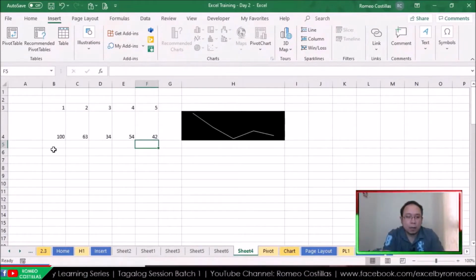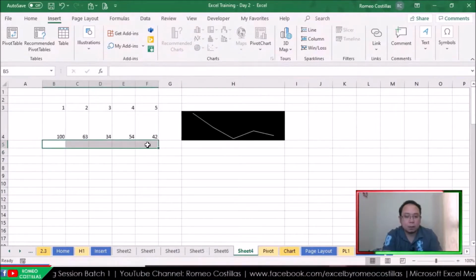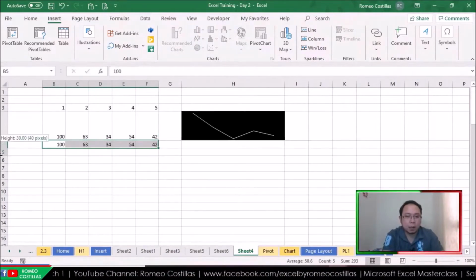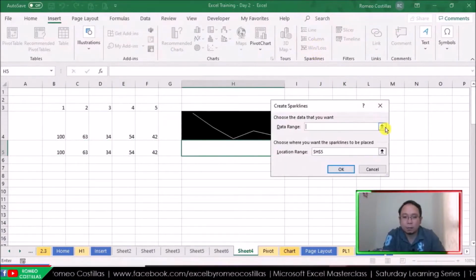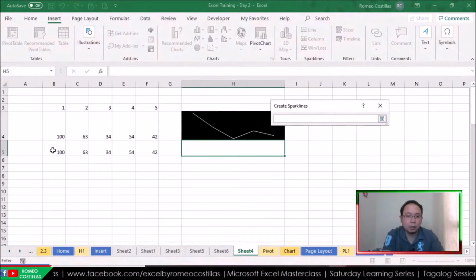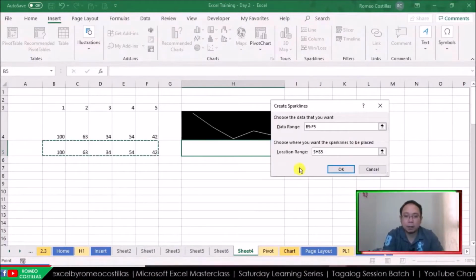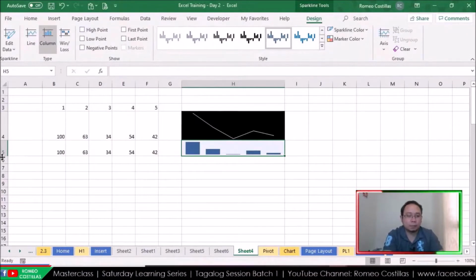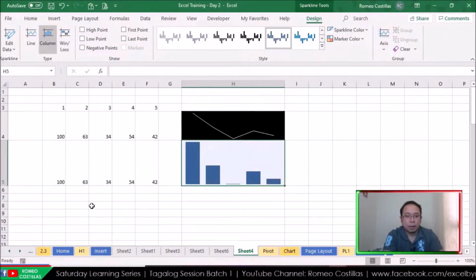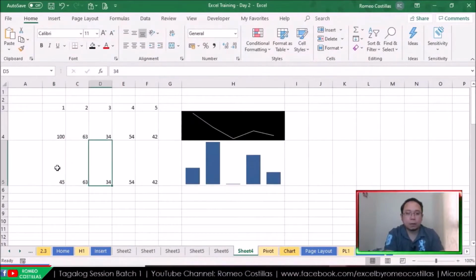So we're gonna use the same values here, so to apply the second Sparkline, let's say column, select the range from B5 to F5 and then press enter. We're gonna apply this Sparkline in cell H5. Okay, ayan siya. Ayan. So, let's say, bago siya na 45. Itong 34 natin, tumaas siya ng